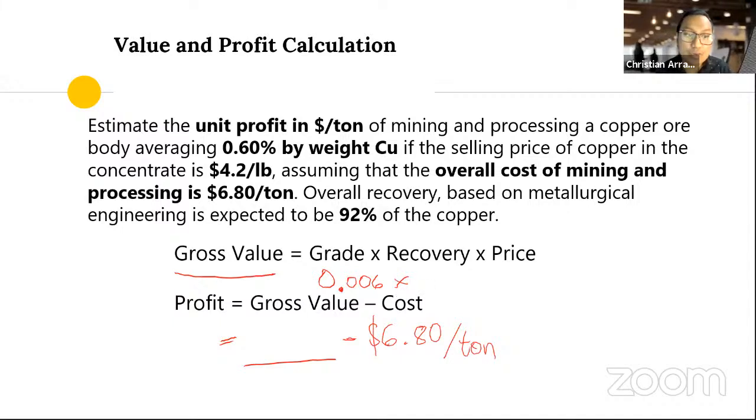It's easy also. And make sure that it's also in decimal. What's the recovery? 92%, so we write 0.92. I hope you're getting why I'm writing it as such, okay? And then finally, the price. What is the price of the copper per pound? This one is,